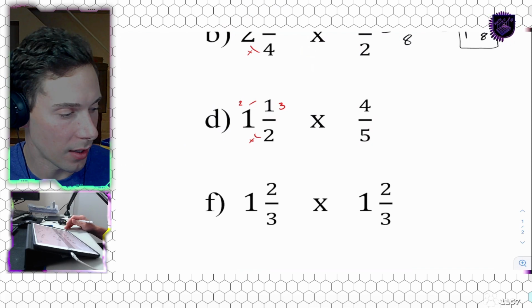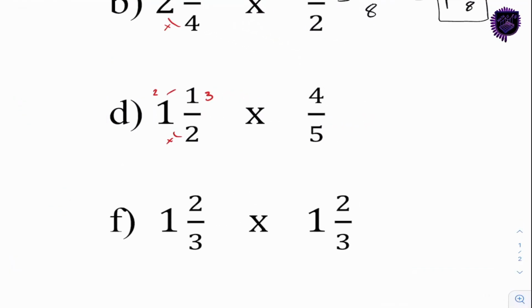So those common factors are going to be our 2 and our 4. This is not 13, it's 3. So we can divide both these by 2. That's a 2. Divide by 2, which is going to be 2, and this will be 1. So 3/1 times 2/5, which is going to be